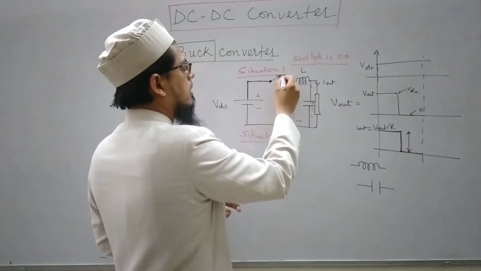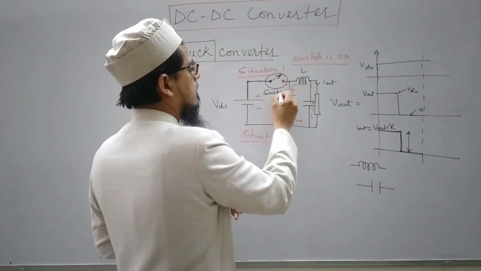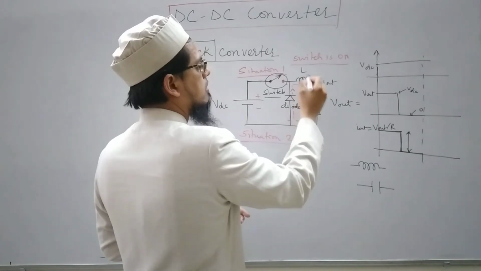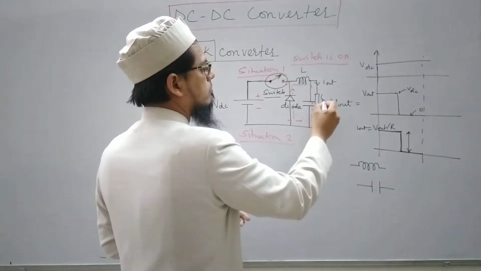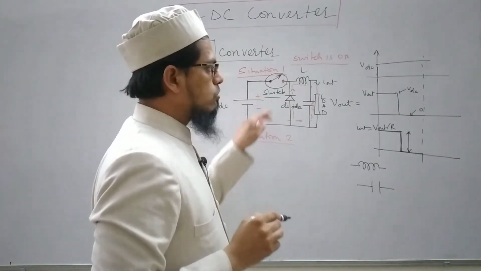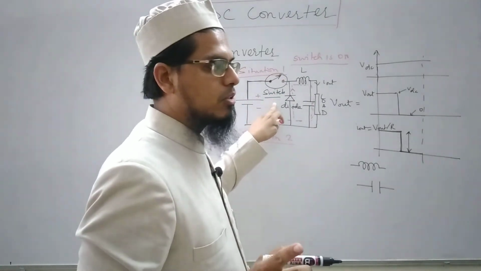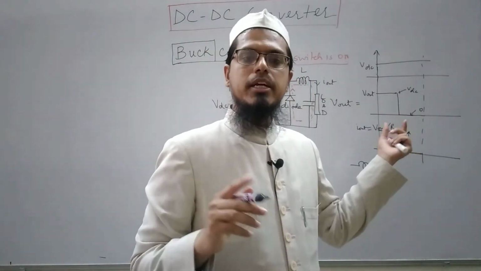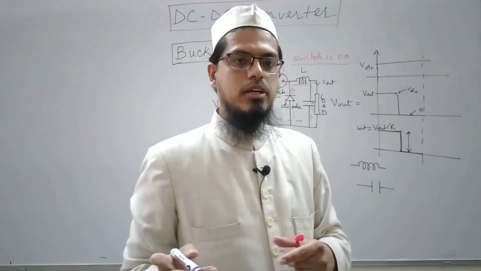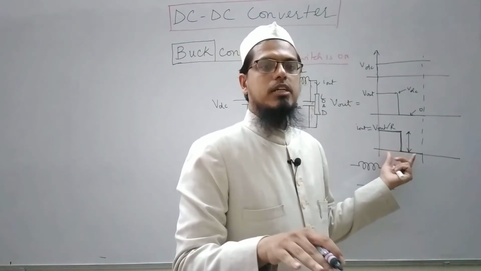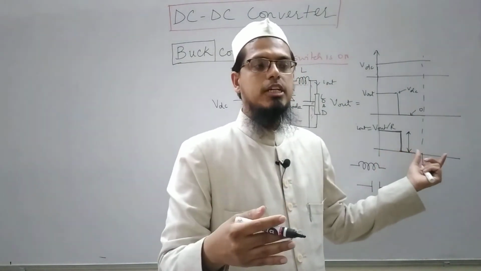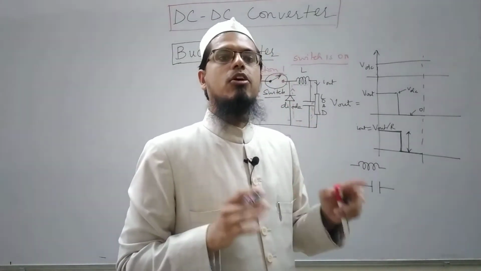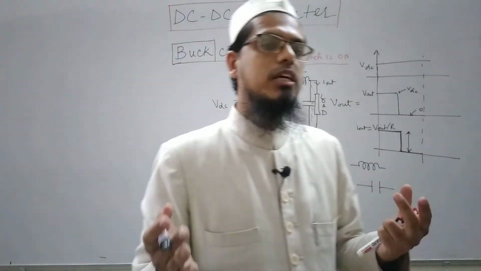and in this circuit, here is the switch, this is the diode, this is the capacitor, this is the inductor, and this is the load. Now the switch that we are using here, as you can see, turning on and off of the switch should be in the control of the user. Only then can we ensure that it turns off and on whenever we want. So that means this switch has to be a fully controlled device or fully controlled switch.